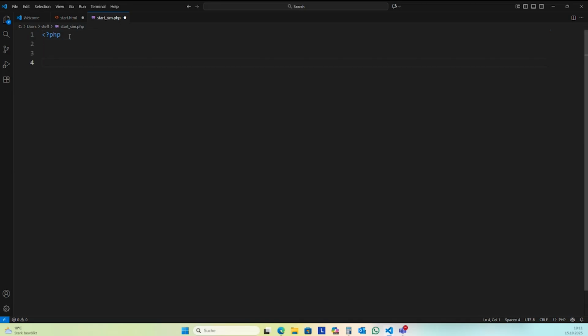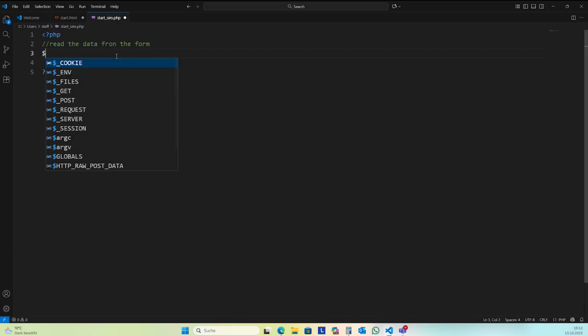So we need to mark the PHP parts of this file, and I do this with a PHP tag, and here starts the PHP part. I read the data from the form. It's very easy here in PHP. I want to have a variable input1.